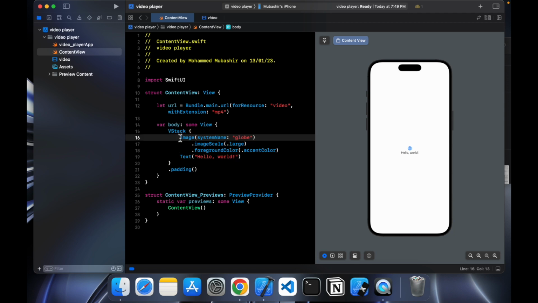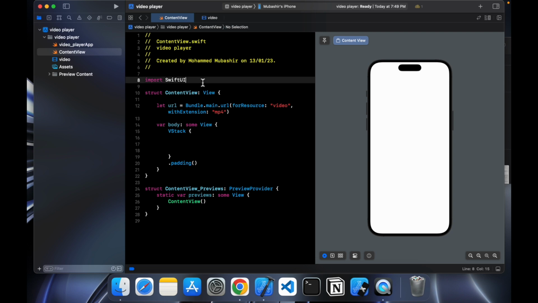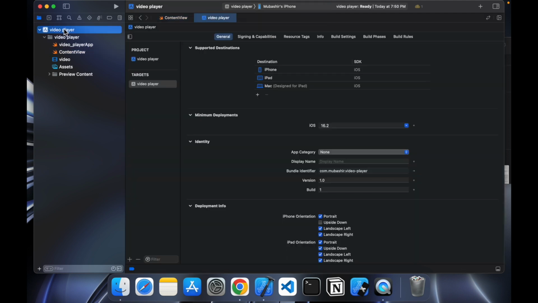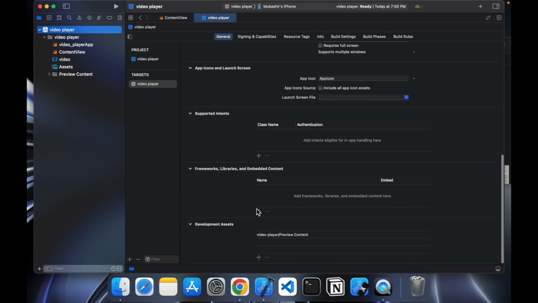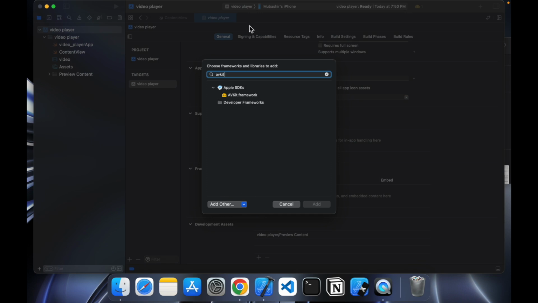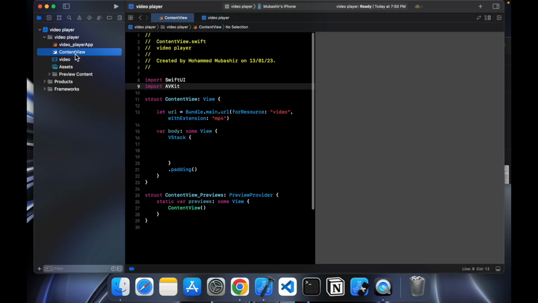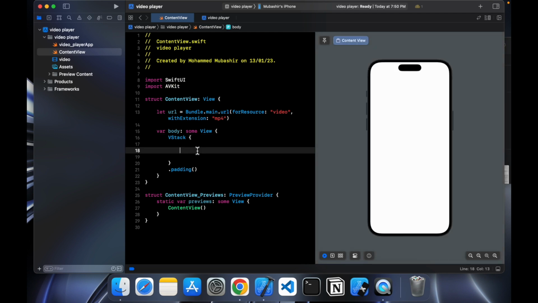let this Text be here, and I will import AVKit. Now for this AVKit to work, what we need to do is click on this file which is the root, and go down, and here in the frameworks library click on this plus and AVKit framework, add. That's all. Okay, now we have imported this AVKit,